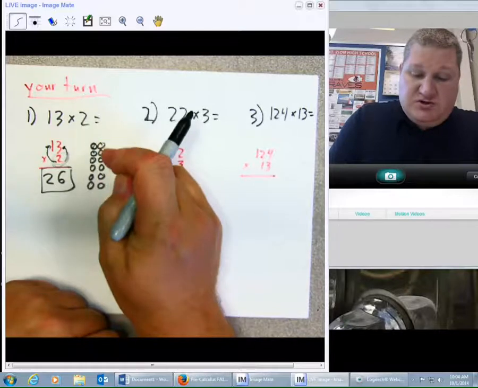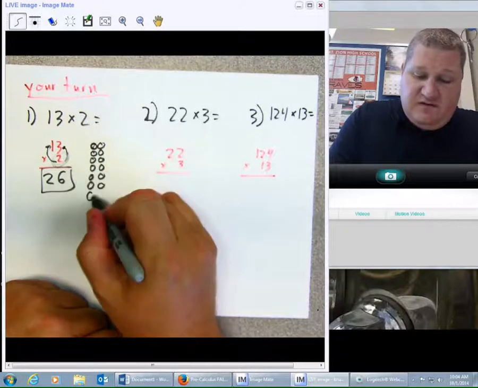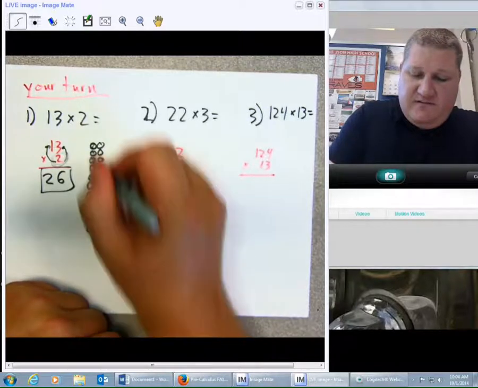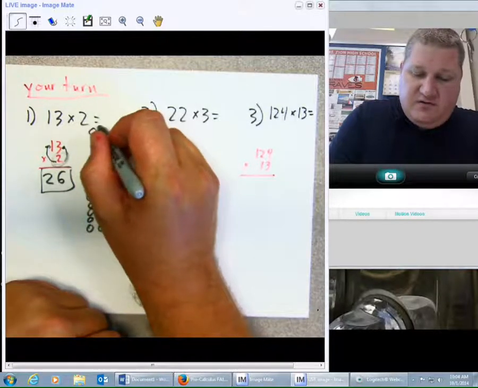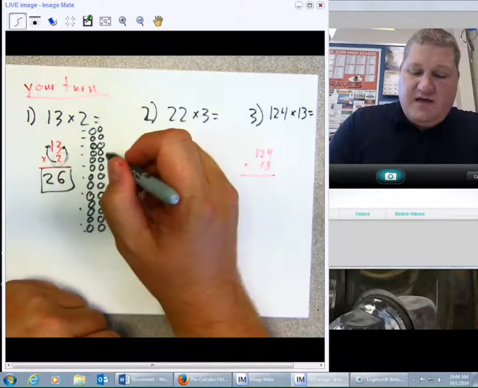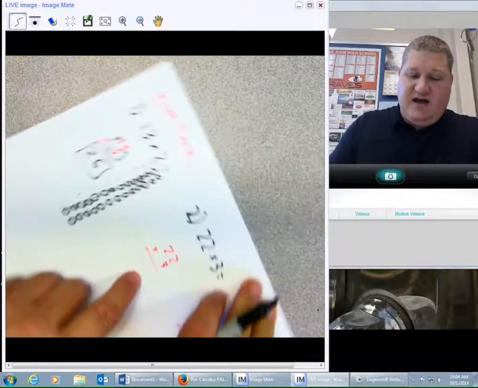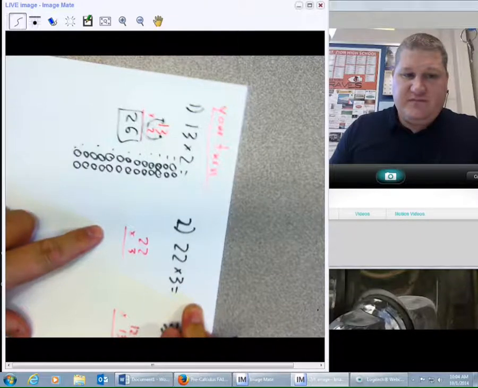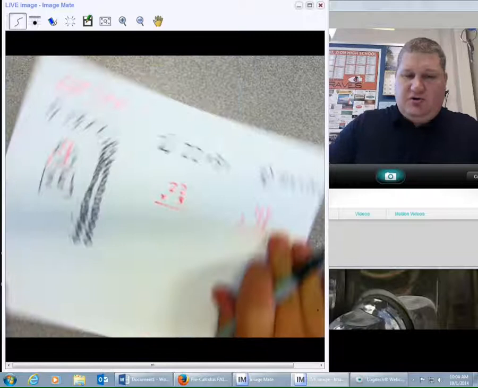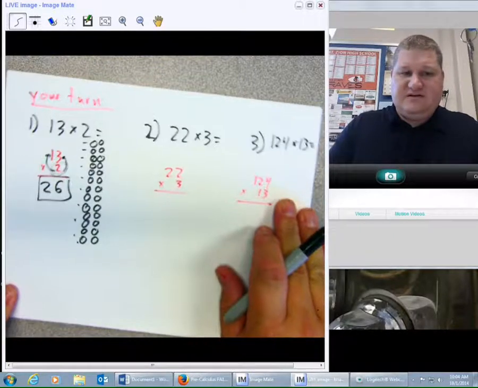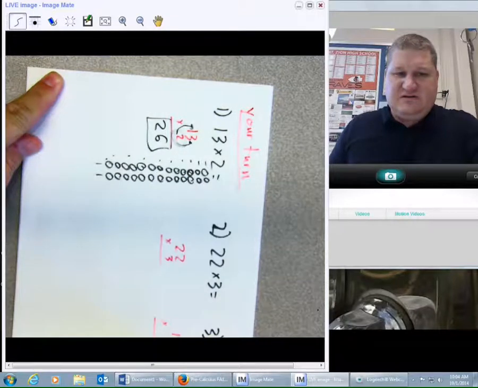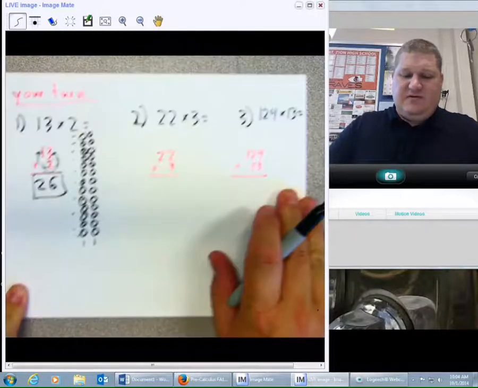1, 2, 3, 4, 5, 6, 7, 8, 9, 10, 11, 12, 13. 13 rows of 2, that's the same thing as if I had 2 rows of 13. So 13 rows of 2 is the same thing as 2 rows of 13. And so that also means that if I had